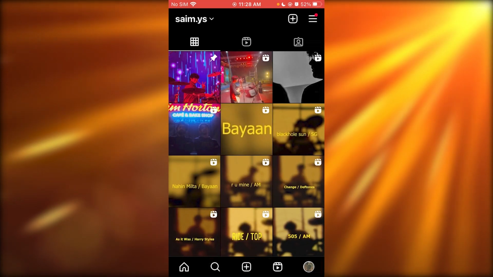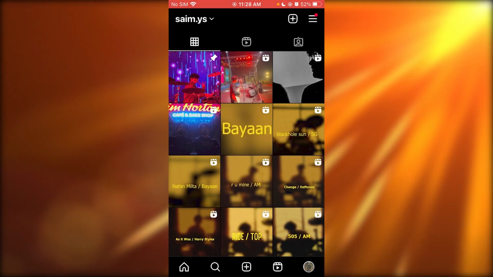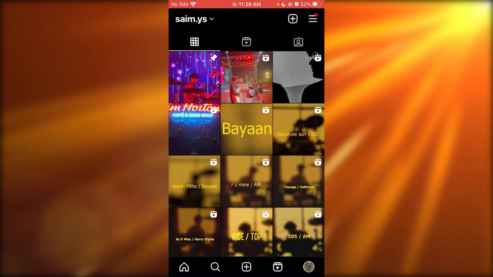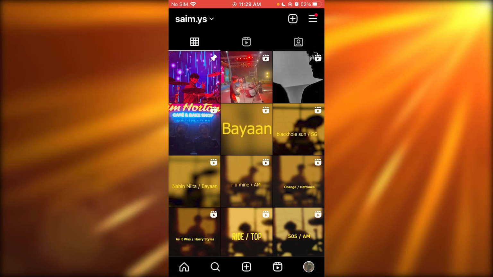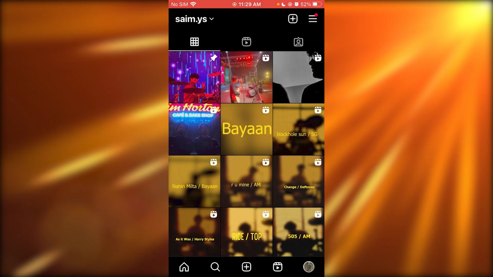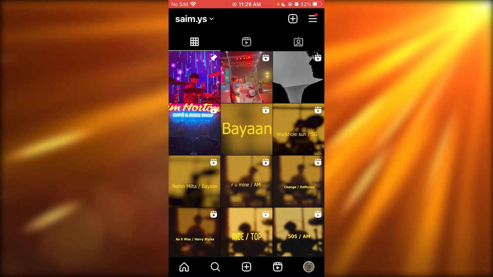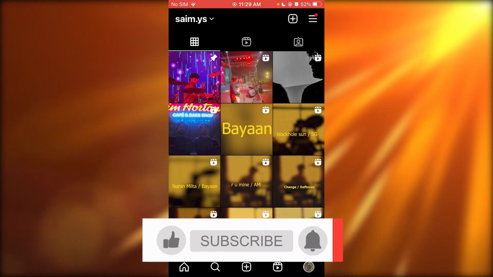So that gives you a pretty good general idea of how you're going to run your theme page business. Just keep reposting, adding good content according to your theme, switch to a professional account, get your insights, and that should become a really good